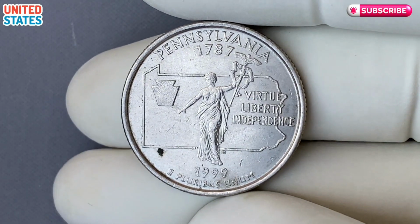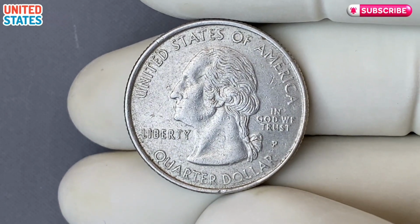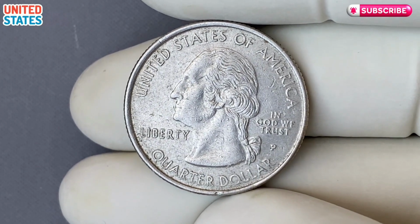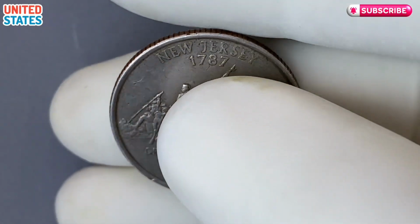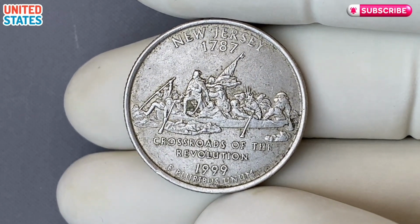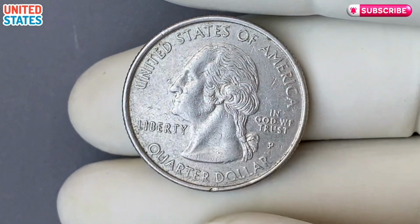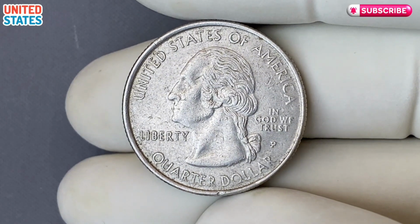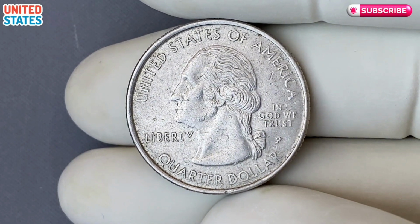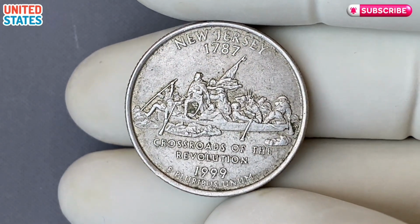like this. Top 2, we're going to talk about a particular coin that has piqued the interest of numismatists and collectors alike, the 1999 United States New Jersey quarter. At first glance, it might seem like just another state quarter from the U.S. Mint's famous 50 state quarters program, but trust me, there's a lot more to this coin than meets the eye. You might just be holding a small piece of history, and a potential goldmine, right in your pocket. Stick around, because by the end of this video, you'll find out just how much this New Jersey quarter could